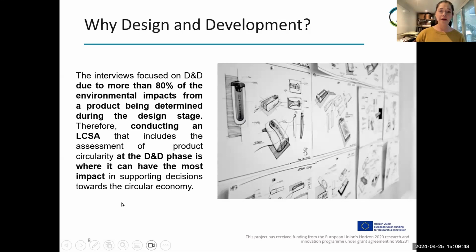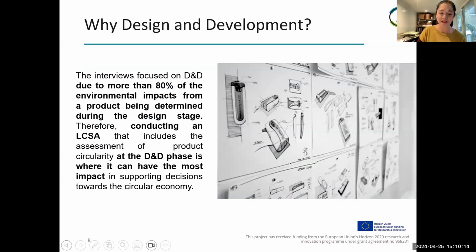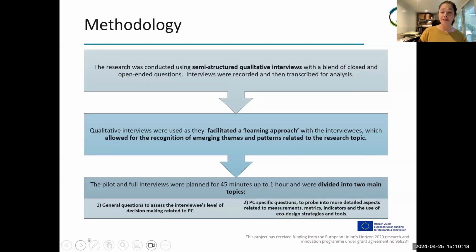So why design and development? The interviews focused on this phase because more than 80% of the environmental impacts from the product are determined during the design stage, and therefore conducting an LCSA that includes an assessment of product circularity within this phase is where it could have the most impact in supporting decisions towards the circular economy. So yeah, that's fine. In terms of the methodology,